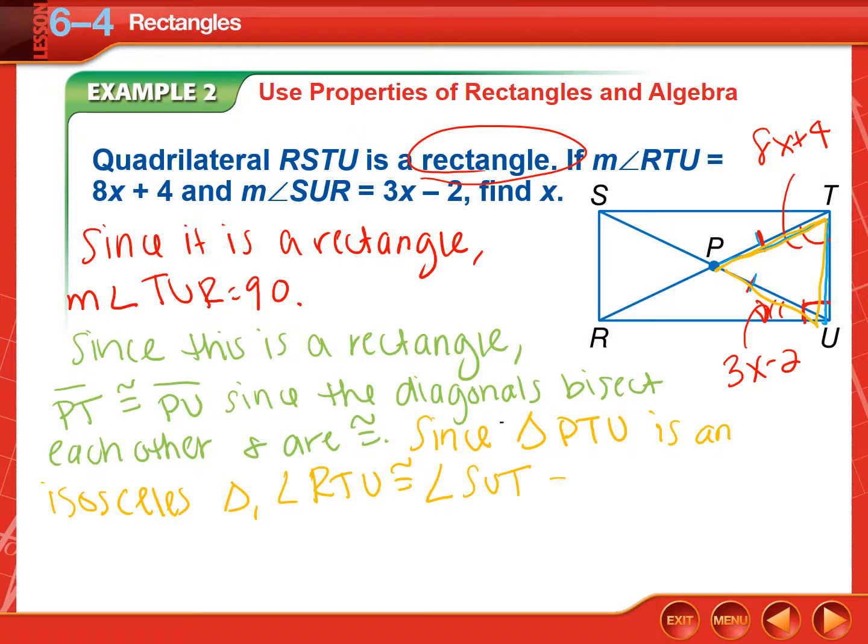Okay, and therefore, the measure of angle RTU is going to be equal to the measure of SUT. All right, I am running out of room here, but we're going to see what we can do. Okay, so we now have that,